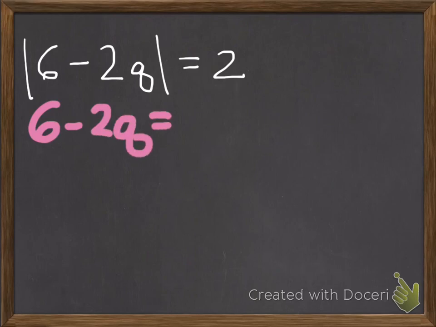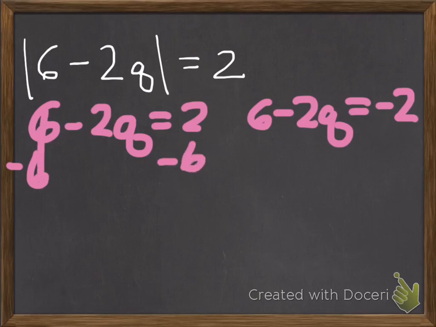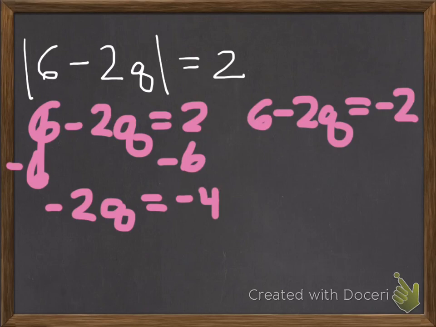And when I do split it up, I can take away the absolute value symbols. So first I rewrite the equation pretty much the exact same without the absolute value symbols. Then I need to put the negative version of the equation, which is changing the number on the other side of the equal sign. So I'm going to change that to a -2 instead of +2. And this is where I'm going to get both my answers. So I'm going to solve for Q. This is a +6, so I need to subtract the 6 from both sides. This is a -2Q, so when I bring it down, it's going to be -2Q equals -4. 2 minus 6 is -4. So then I need to divide by -2,